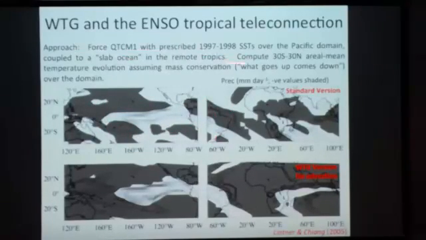Everywhere else, we took this intermediate level complexity model and coupled it to a so-called slab ocean model. The oceanographer in the audience will kind of laugh at a slab ocean model, which is essentially just a finite thermal mixed layer. It doesn't have ocean dynamics. You can imagine what that might do, but it at least allows us to look at the coupling between the ocean and the atmosphere, at least in a crude way, in the remote tropics. And so